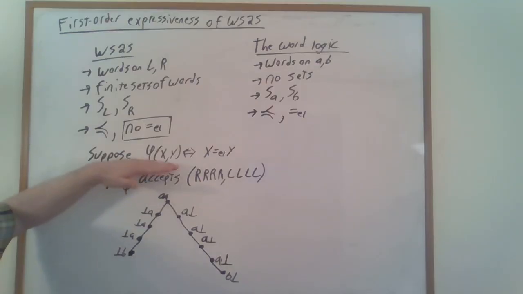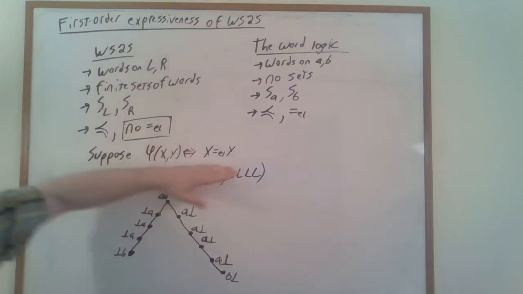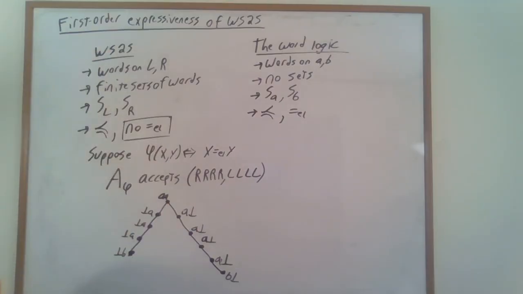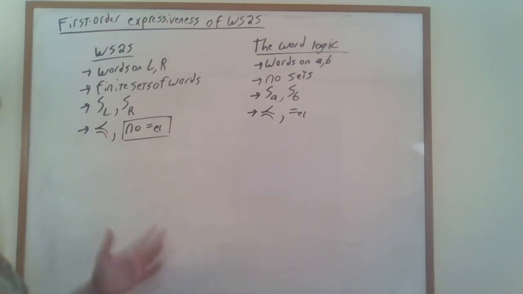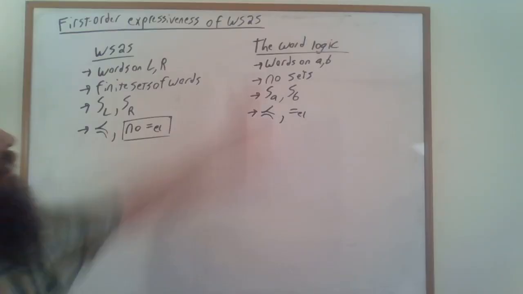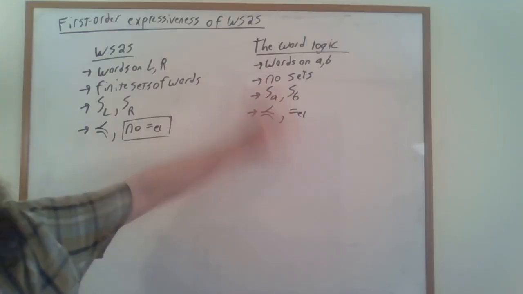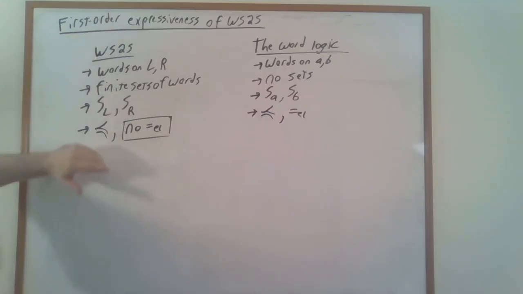There can't be a formula phi in weak S2S that recognizes equal length words. There's another argument that weak S2S can't express the equal length relation, which is that if you add the equal length relation into weak S2S, you can show that the language suddenly becomes undecidable, suddenly becomes Turing complete. And so instead of one of these languages being strictly more expressive than the other, they wind up being incompatibly expressive. This one being able to express equal length and some other things, and this one being able to express